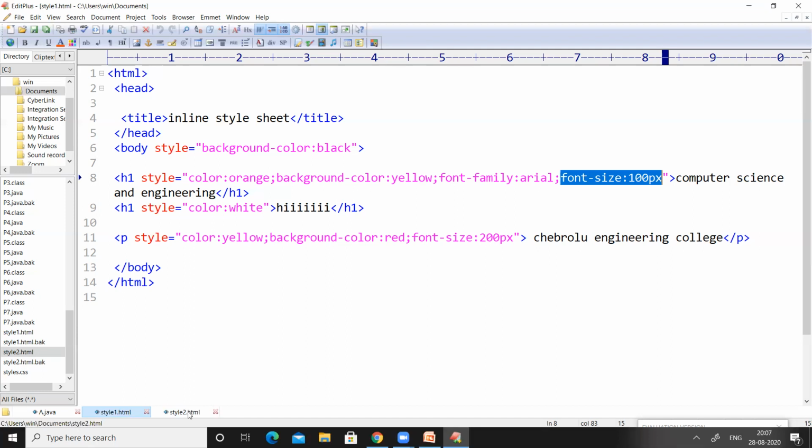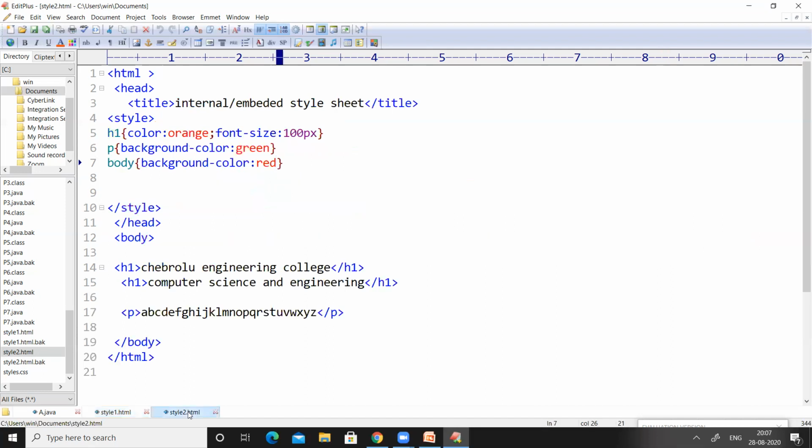So let us look at the second program we have seen in the previous session. Why I am repeating these two things is that some people texted me. They thought that they did not understand up to some level. So that is why I am explaining the two programs again, right?